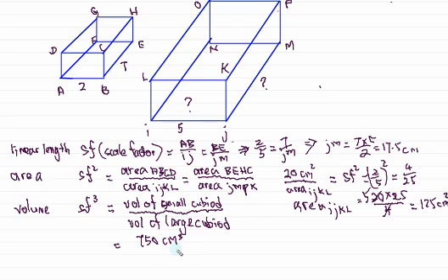Now I want to find the volume of the large cuboid. If you want to compare the volume, you have to cube the scale factor. In other words, you cube it. So, to find the volume of a large cuboid,